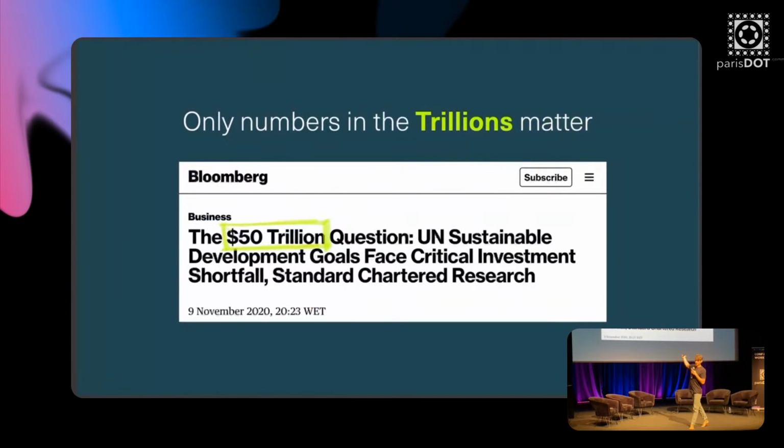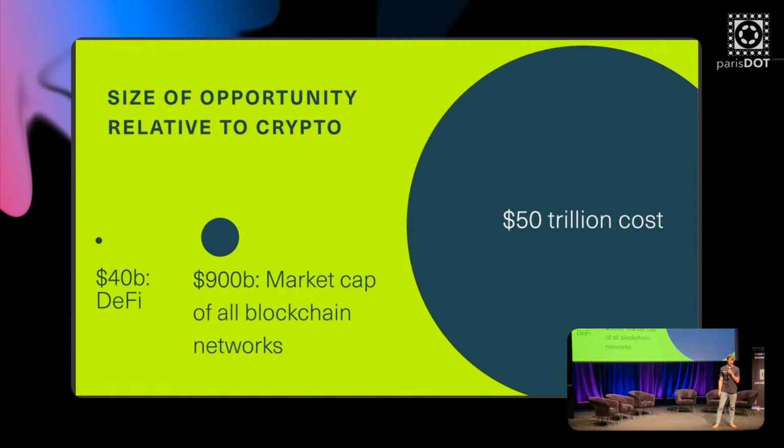That number of 50 trillion, that's what researchers say is the amount of money we need to basically pay to stop it. In other words, this is the funding gap. And some actually say that it's twice the amount post-COVID. That is a paralyzing number, right? That's much bigger than, I'm not even sure that's the market cap anymore for crypto and DeFi, but it's much bigger than this.